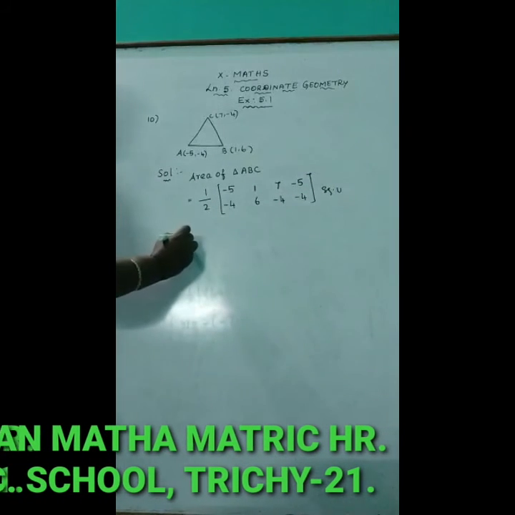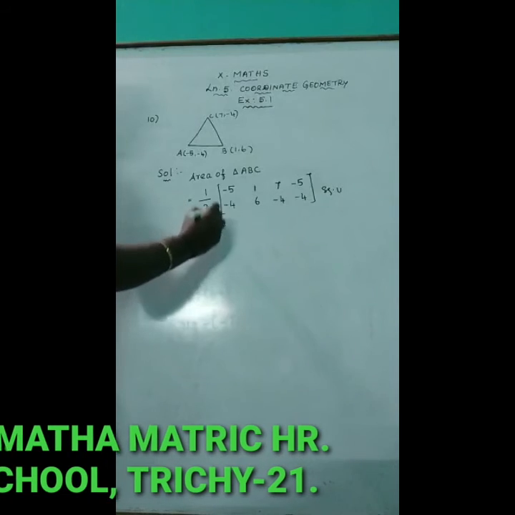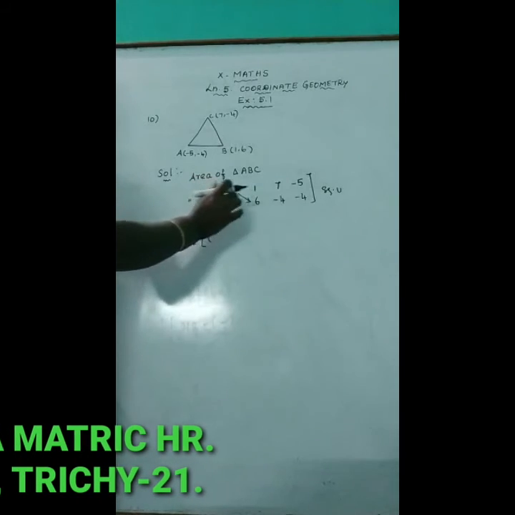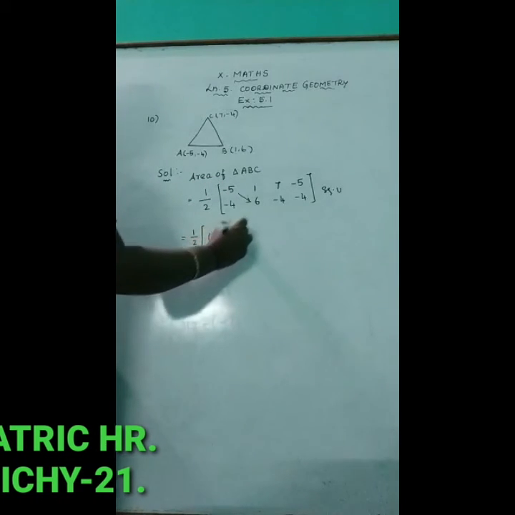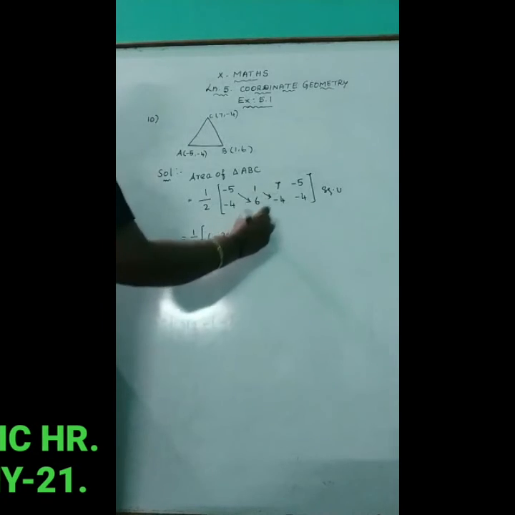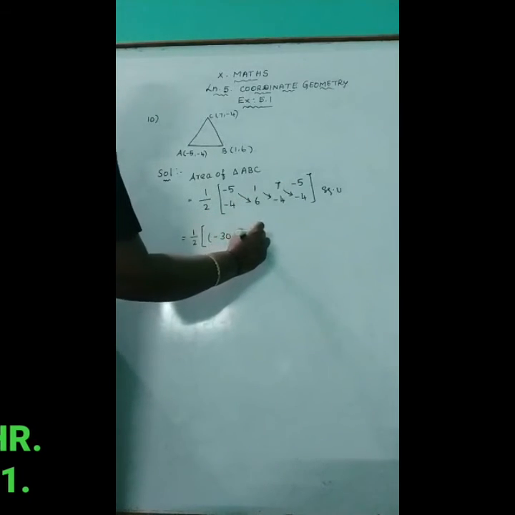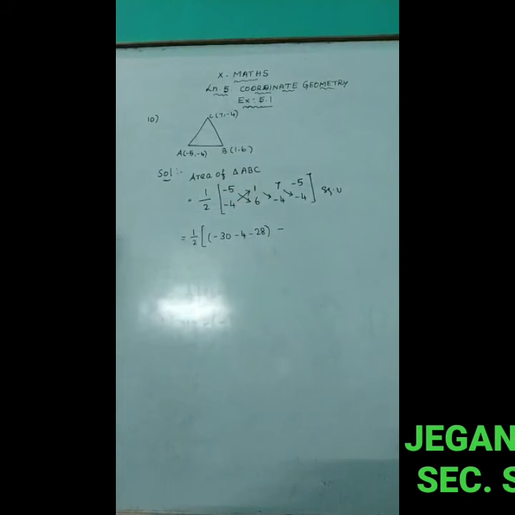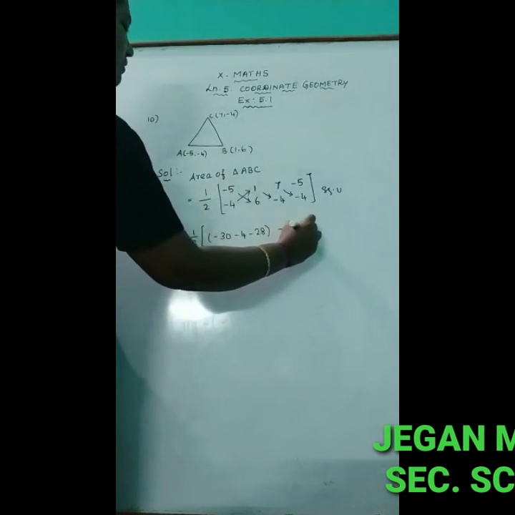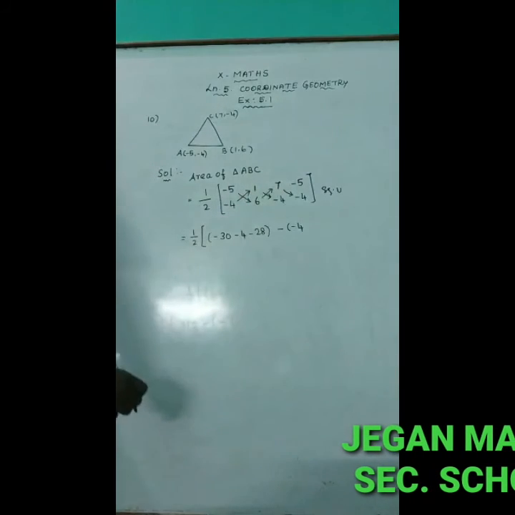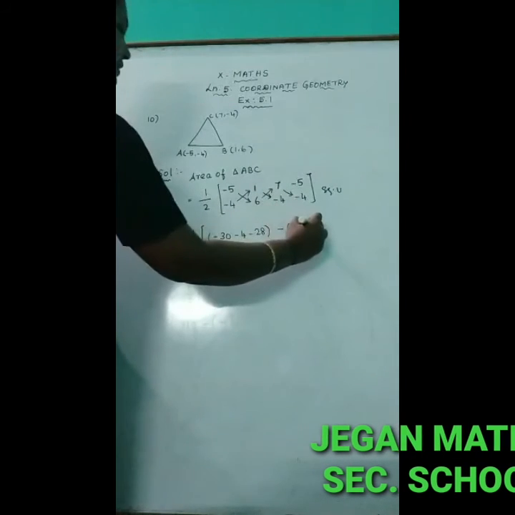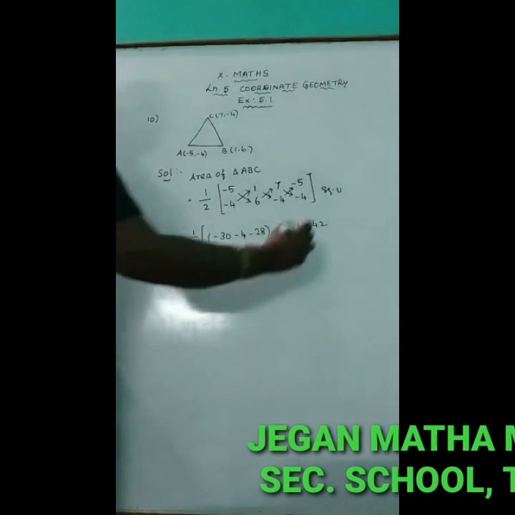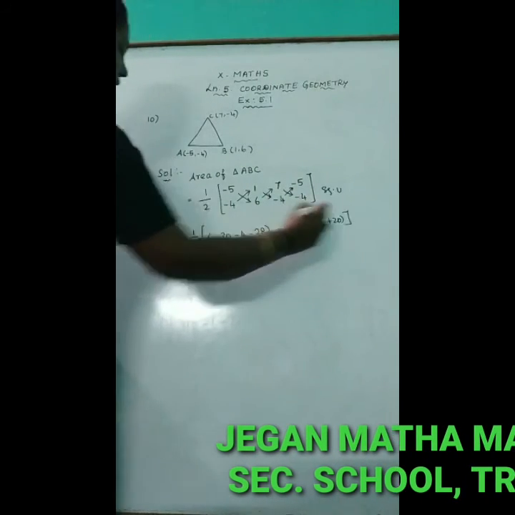So we solve this one: 1 by 2 into, then multiply downward, put the downward arrow mark, minus 5 into 6, minus 30, 1 into minus 4, we have minus 4, 7 fours are, we have minus 28. Then put the upward arrow mark, multiply the two numbers, minus 4 into 1 we have minus 4. Then 6 into 7 we have 42. 6 sevens are 42. Then minus and minus plus, 4 into 5, 20. So plus 20. So solve this one.